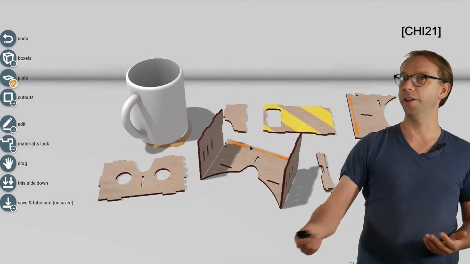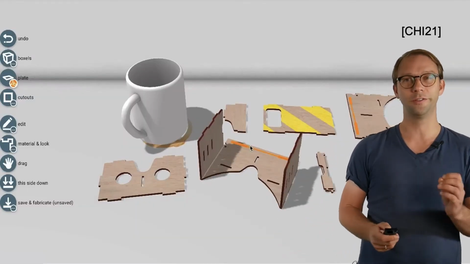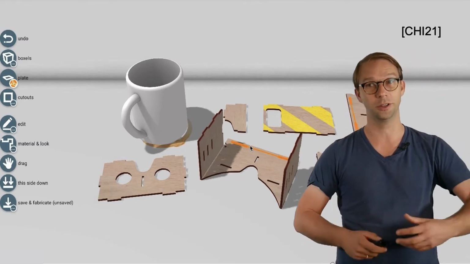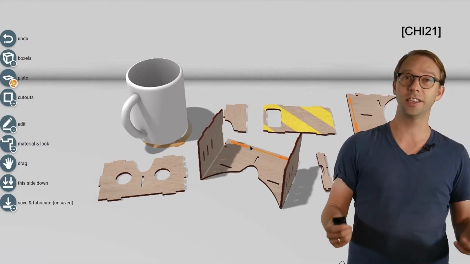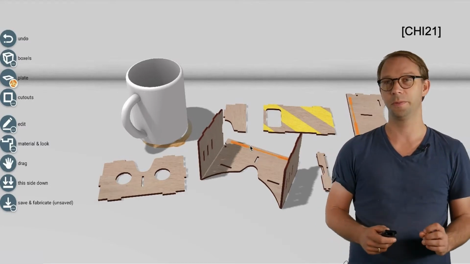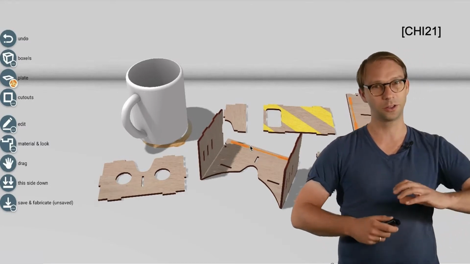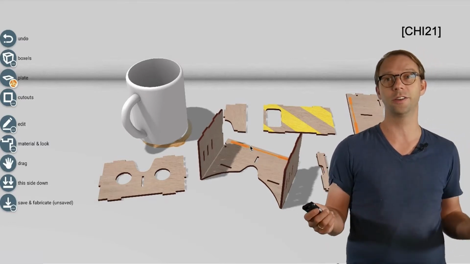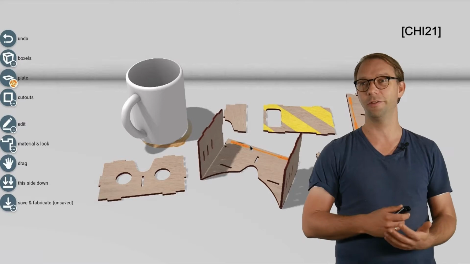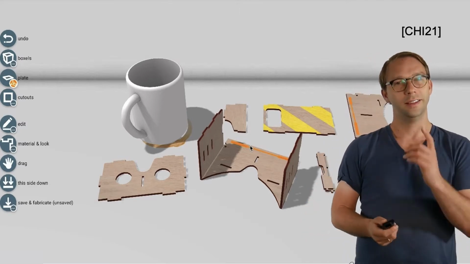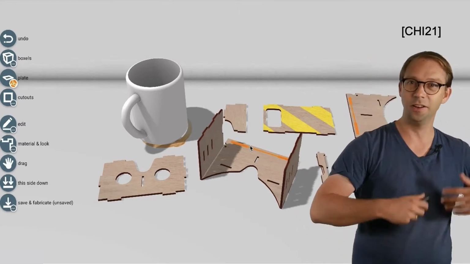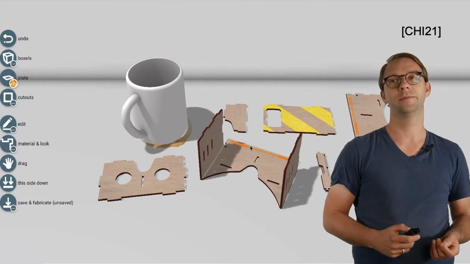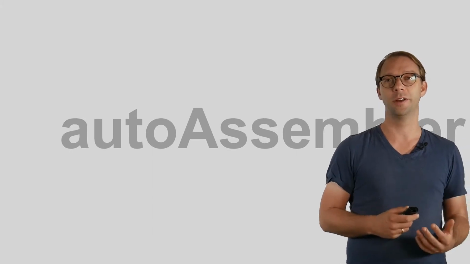Assembler Cube, our CHI 2021 paper, is a tool that converts the shared 2D cutting plans to 3D models manually. Users assist the algorithm by puzzling together the model. This means that users need to know about the structure and the parts of the model, which is fine for the current users of laser cutters, but what if the other 99% of people wanted to do this? They are interested in the VR headset and not in the puzzle of assembling it. We therefore present AutoAssembler, a beam search algorithm that automates the process of reconstructing laser cut models.